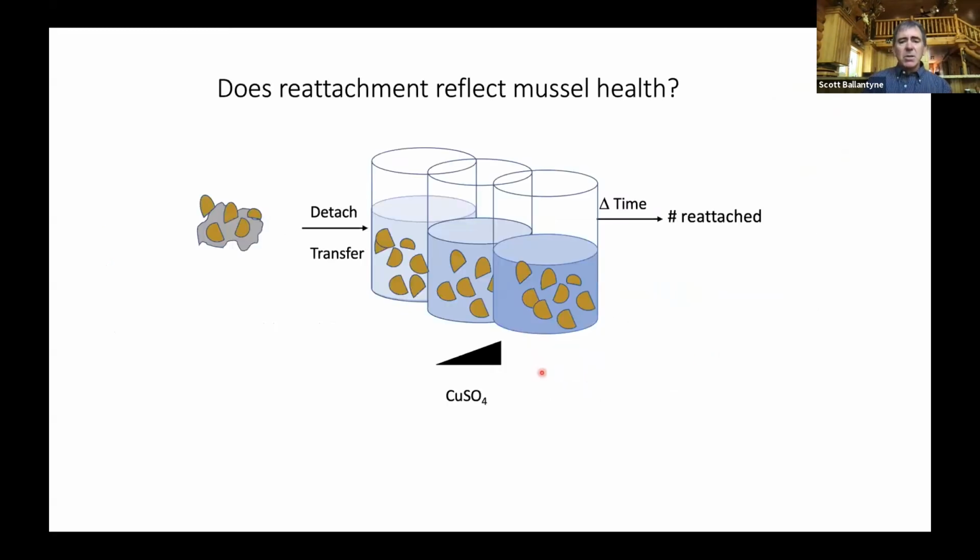So the design of the experiment is shown here. What I did is we collected mussels from a common source at a common time on a common substrate. So it was from Lake Minnetonka on rocks. And then I selected mussels that were approximately the same size, and I distributed them among jars. Now I wanted to make the mussels in some of these jars sick. And so I chose to do that by adding increasing amounts of a chemical called copper sulfate. I knew at high levels of copper sulfate that it would kill the mussels. So my thinking was low levels should make them ill. And then we did the reattachment assay.